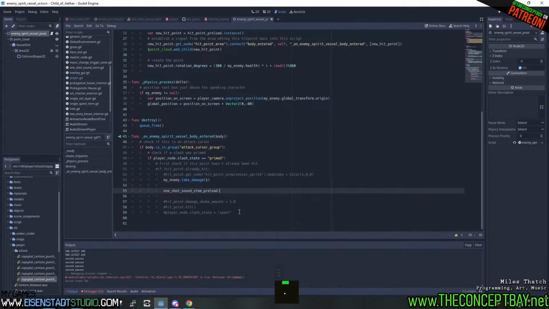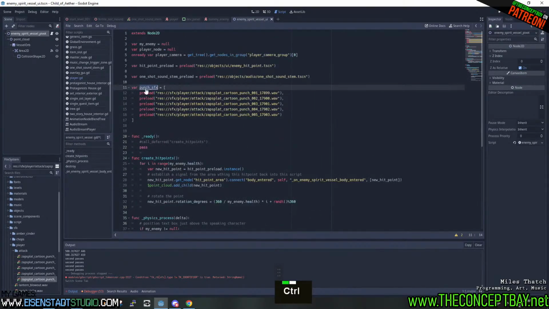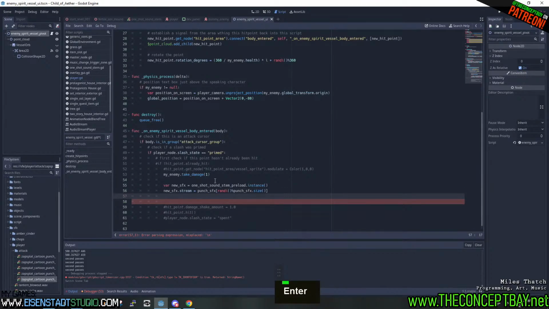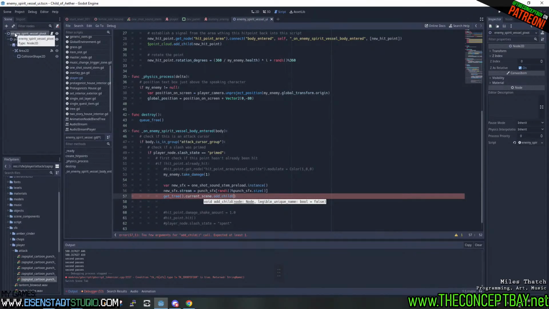So we can preload the sound here. Okay. We're gonna do instance. New sound effect. I'm gonna set the stream to be equal to one of these sounds, randomly chosen. So we're gonna do randi to create a random number based on the size of how many sounds there are here. And then it's gonna have to be added to the world. So we're gonna do get tree current scene add child. And the reason why we're not doing get parent is because technically this would end up inside of the player. So we're gonna do add child, new sound effect,